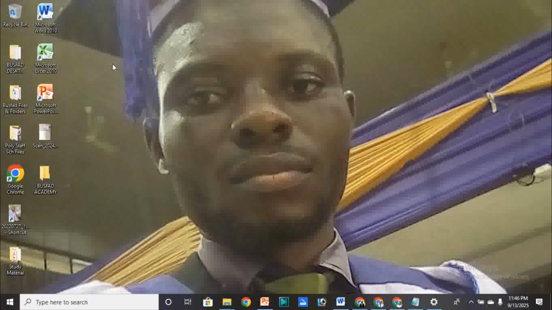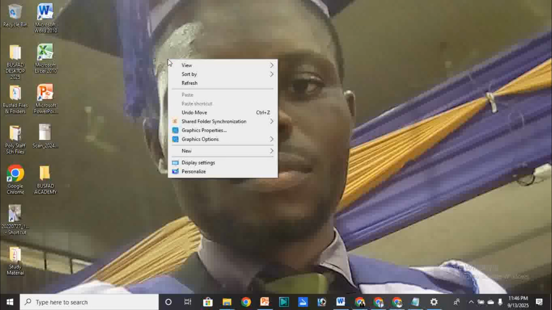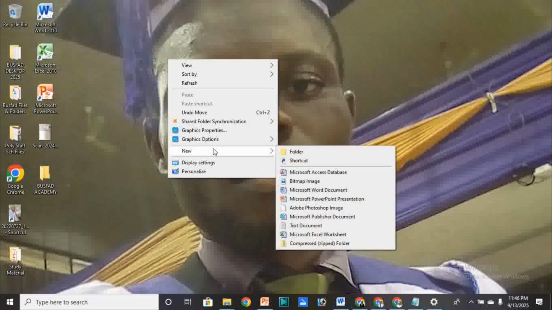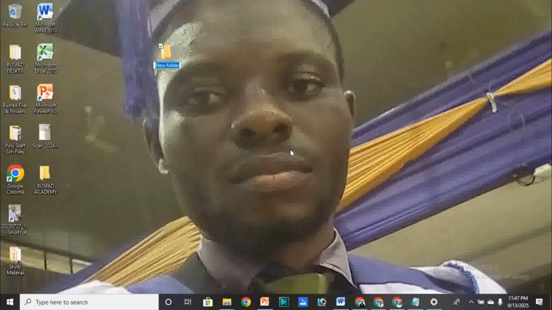The first thing you do is to go to a plain environment. When you have nothing, you right click. When you right click, the computer will bring options. Then you go to new. Immediately it gets to new, you can see it displays options at the right side of the screen. Then you trace your mouse pointer to where you have folder. If I click on the folder, you can see it created the folder, but the text is highlighted blue, which means it's asking me which name I want to give my folder. You just go to your computer screen and type the name Boostfad